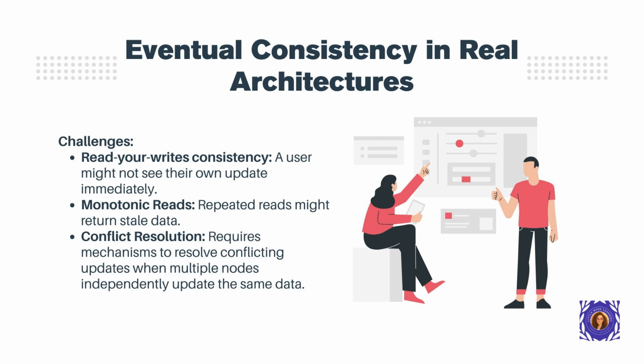One common issue is read-your-writes consistency, where a user might perform an update but then immediately attempt to read that update from a different replica and temporarily see an older version of the data. Another challenge relates to monotonic reads, which guarantee that if a user performs multiple reads of the same data item, they will never see a rollback, where a subsequent read returns an older version of the data than a previous read. Eventual consistency doesn't inherently guarantee this without additional mechanisms.